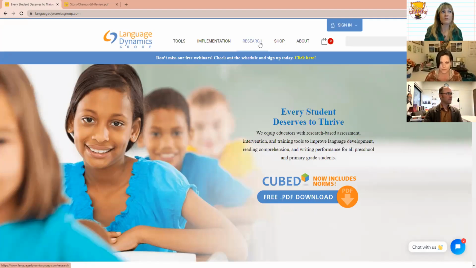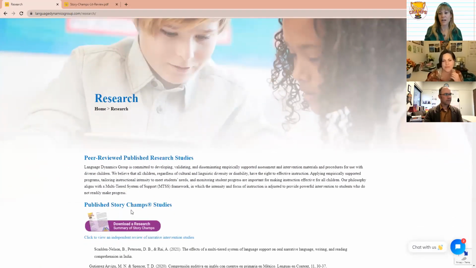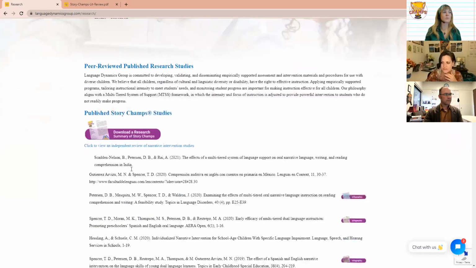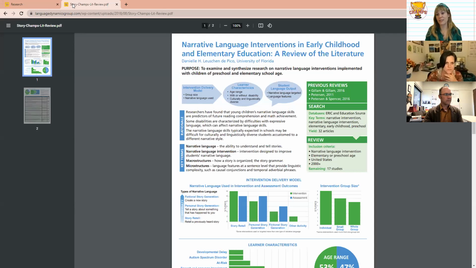When you go to the research tab at the top, and if this changes, just go with the flow here, research, and then right here at the top of the screen, it says you've got these peer-reviewed or published studies. But guess what? We have a downloadable research synthesis for you. And it looks like this.